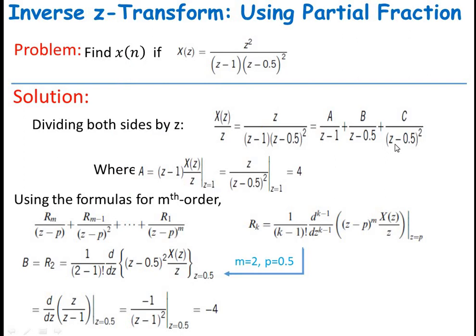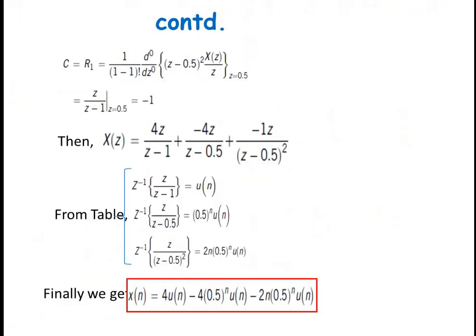So we are going to start with k value as 2, and we are going to reduce the value of k. Okay, so for getting the value of c, we are going to take the value of k as 1. So here the k minus 1 factorial d by dz of k minus 1, right? So after substituting the values, we will be getting the value of c as -1. So now you can replace all the constants a, b, c with numerical values.